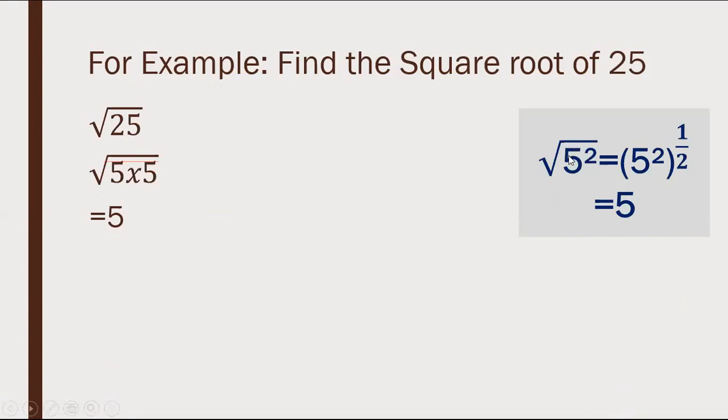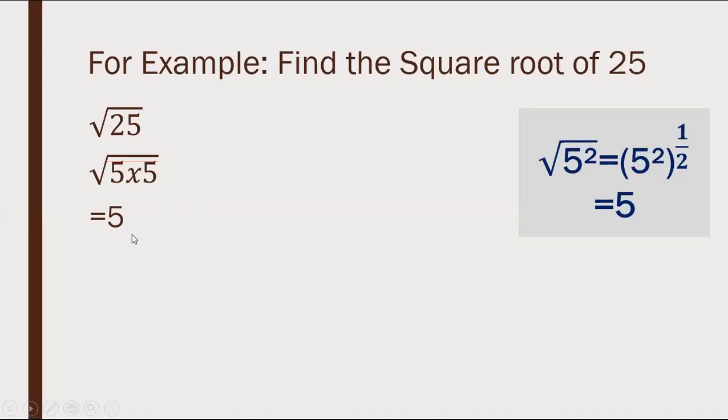And what is the meaning of this square root? The meaning of root is power half. So this square and this 1 upon 2, when it is going to be multiplied, then 2 ones are 2, it will be cancelled, and then we get 5. Okay, so in this way we get the answer 5. In this way the square root will be removed.